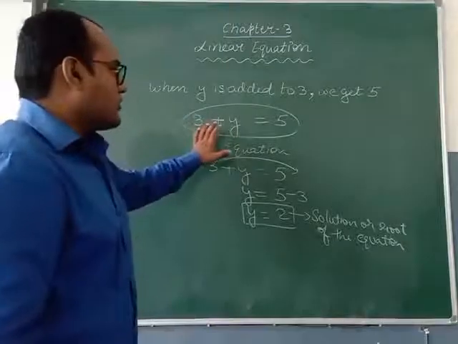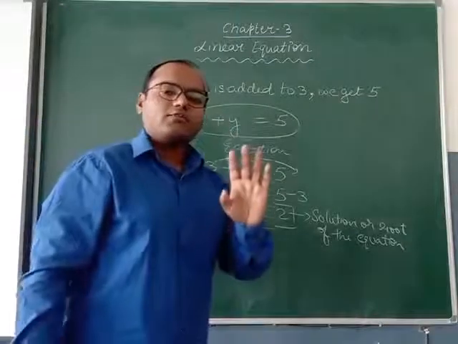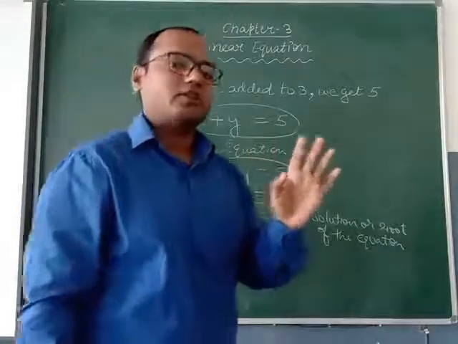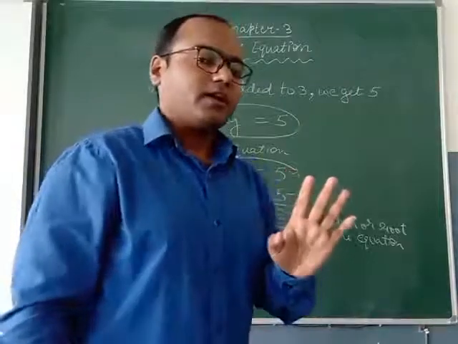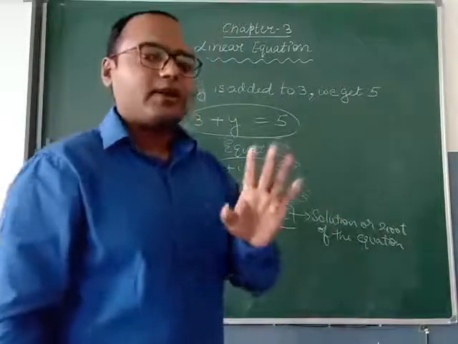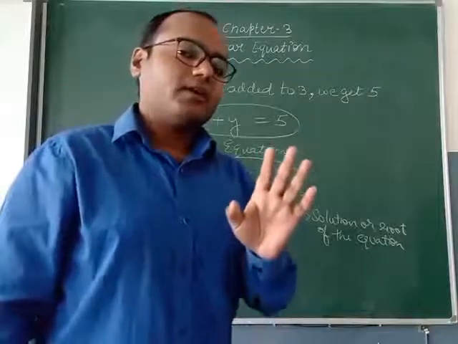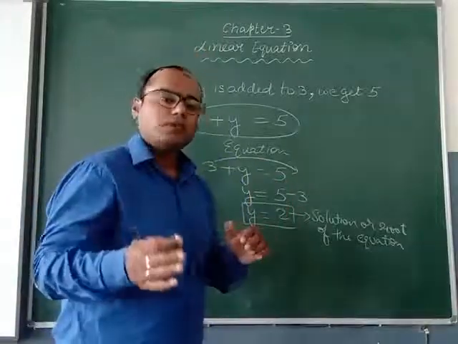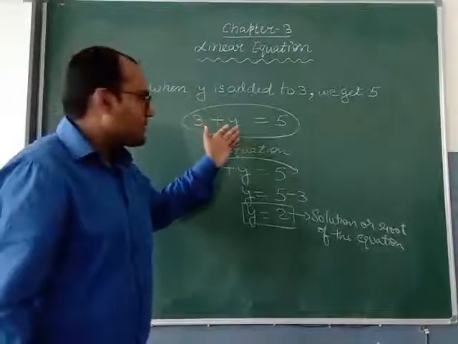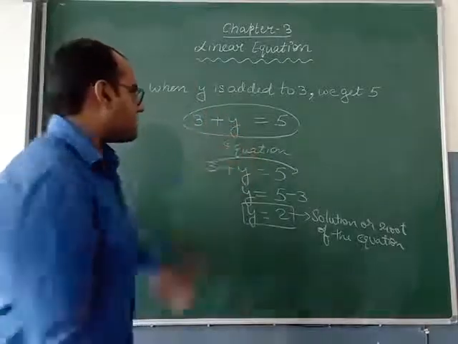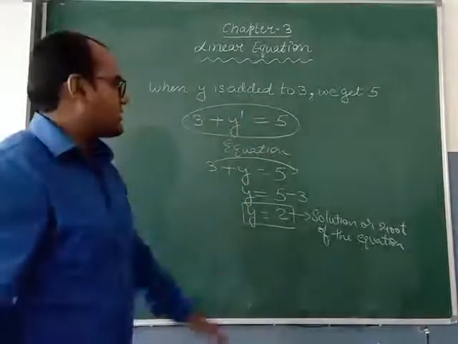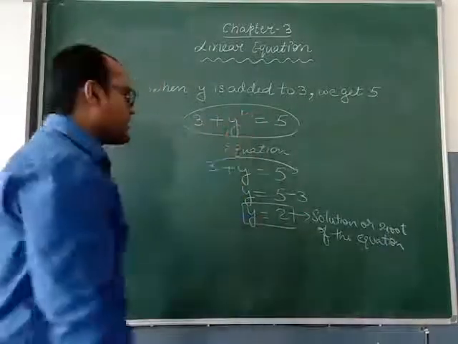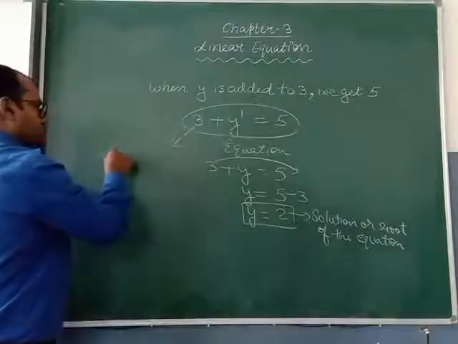Now here you will observe the degree topic I taught you at the beginning of the second term, after the half yearly portion, when we started the first chapter, algebra. In that algebra we did degree questions. What is degree? Degree is the highest power of the polynomial. Here the alphabet is y. In the y power nothing is written, that means the power of y is 1. So we can say that the degree is 1. Such equations in which the degree is 1 are known as linear equations.